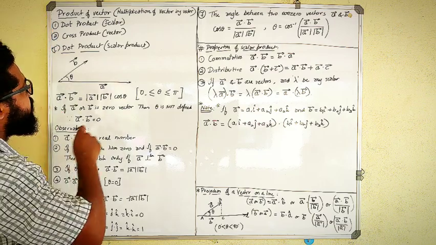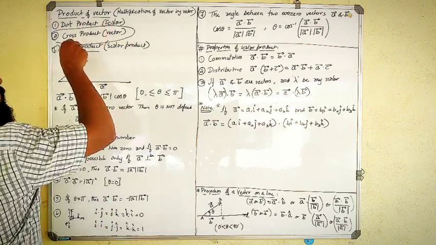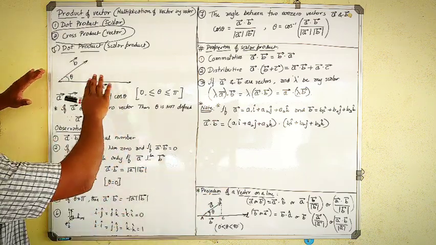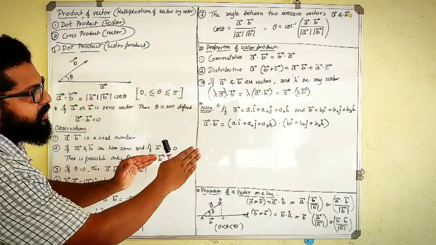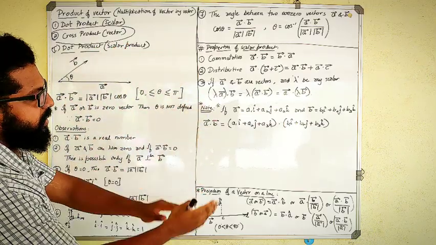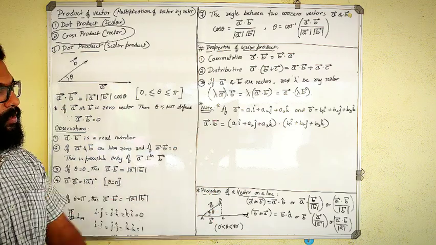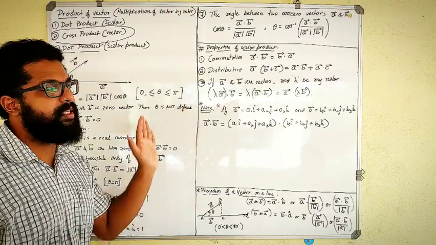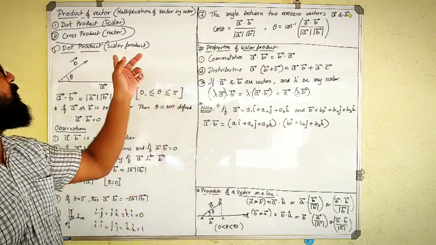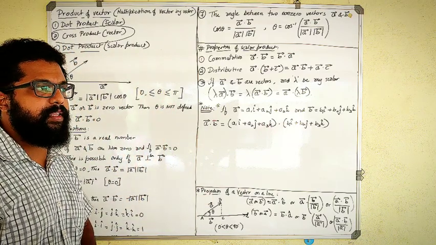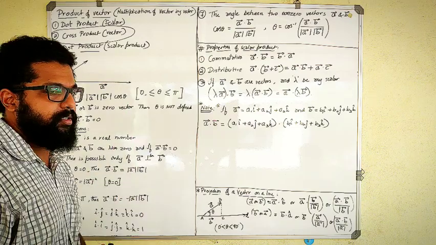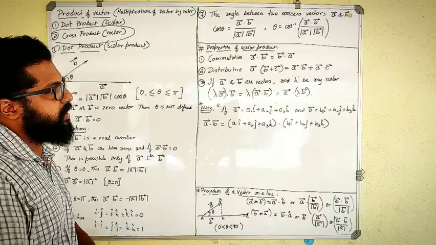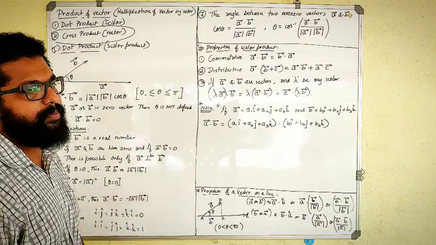Okay, so the cross product or vector product will come in the next topic after the completion of dot product. First we'll come across the dot product. Clearly we'll understand all the things, that is observations, properties, and also one more thing, the concept of projection. With this we have the next exercise, that is 10.3, so that full exercise will be based on these concepts. Once we are done with that, we can move on to the cross product of vectors. That will be the last exercise in this chapter. The scalar product or dot product is the second part of the exercise, and there is one more exercise. Once you are done with this, your chapter will be completed.